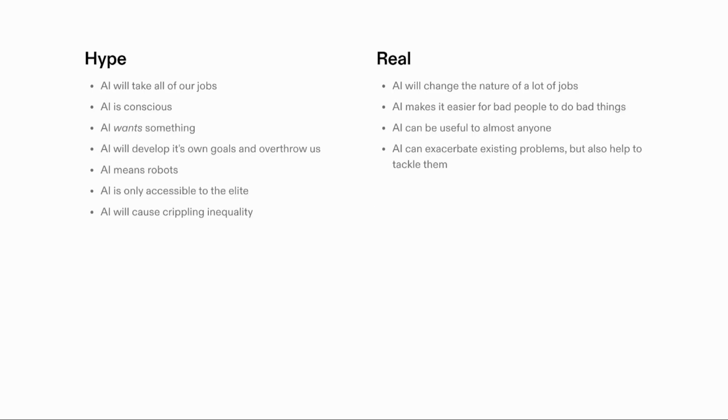So here's a few points on the hype. AI will take all of our jobs. It really doesn't seem to be doing that. And it's been the same for the whole history of time, that as we develop new technologies, they take away our jobs, whether it was automation or outsourcing, all these kinds of things. People were worried about them at the start. And the reality is that it really just doesn't seem to happen. As we produce these kinds of systems, they make everybody more productive. Productivity drives down the costs. The cost decrease increases spending power, and that means that people will have higher demand for things, which means there's more work available because we have higher demand to fulfill.